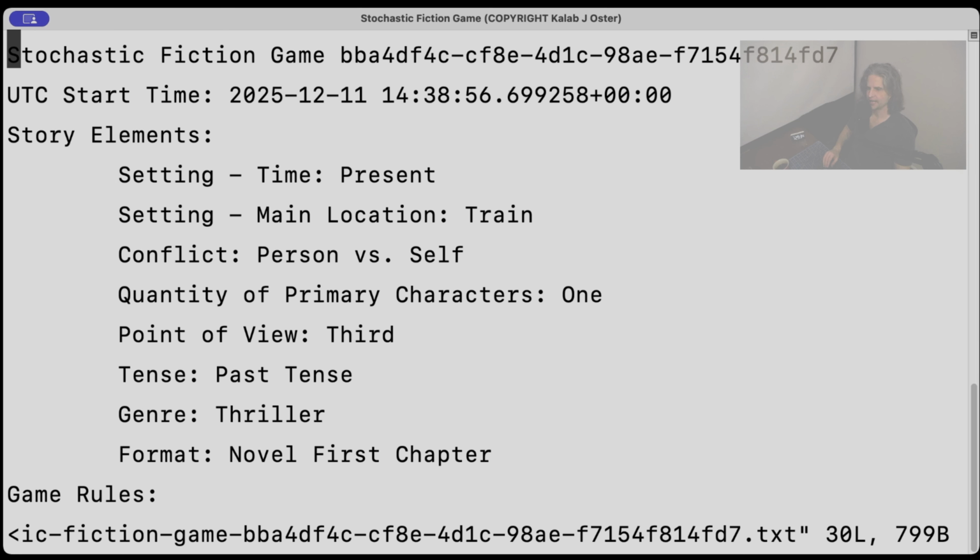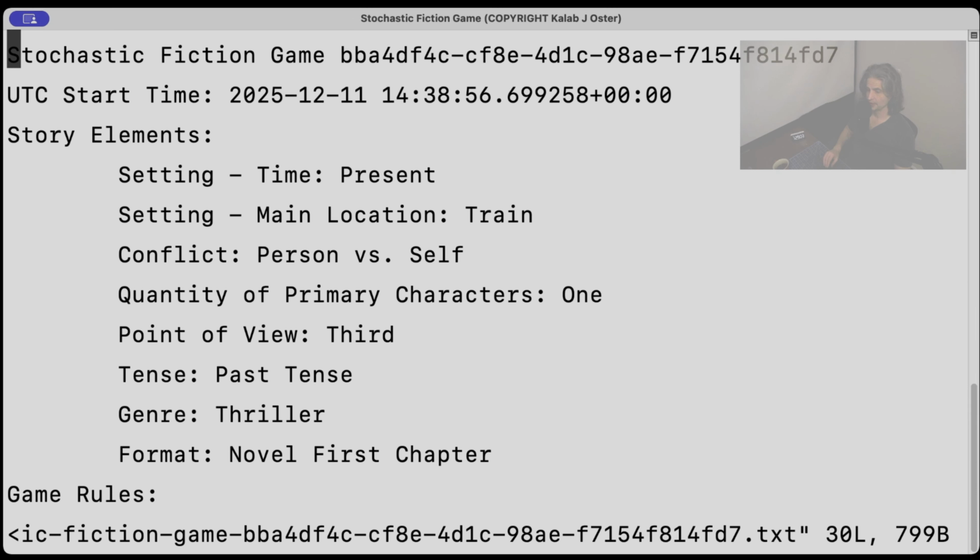For today's stochastic fiction game story elements, we have setting time: present, setting main location: train, conflict: person versus self, quantity of primary characters: 1, point of view: third, tense: past tense, genre: thriller, format: novel first chapter. Those are the stochastic fiction story elements for today's stochastic fiction game,